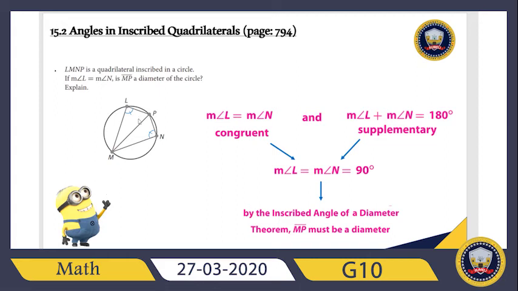Why? Because remember, from the definition of the kite, we said that it has two pairs of congruent sides. So if LP equals PN and LM equals MN, then this should be a kite. Now, look at this, guys. Look at this triangle. I have a common side, which is PM. I have the angles L and N congruent. And if I say that LP is equal to PN, then